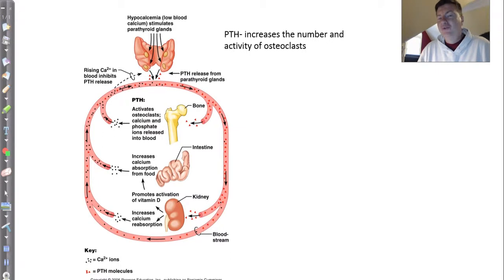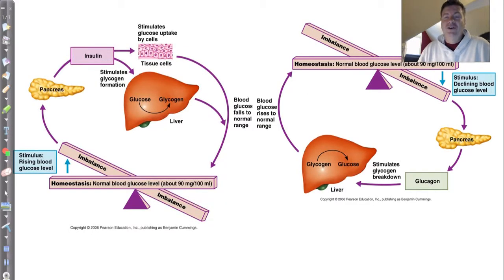I do want you to be aware of hormones like thyroid hormone or oxytocin or ADH, but I want to focus on two just to remind you of what I could be looking for. We just spent a lot of time with PTH and calcium. Just expect that will be on the test. You should be familiar with how PTH increases calcium levels in the bloodstream, and you should also be familiar with the antagonistic